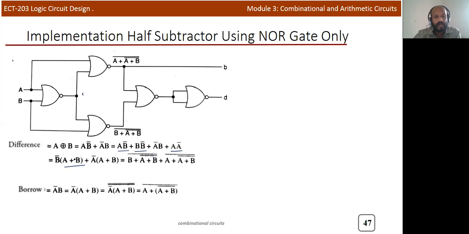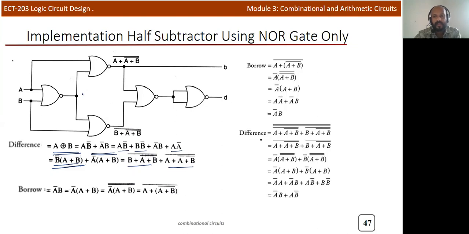So by using double negation, because in this particular case we need to apply double negation. Okay, here also you can apply double negation, and after expansion you will get NOR gate here, also NOR gate. Okay, the same thing you can try in the reverse order also by applying this particular rule. First you write the difference equation here, and from the difference equation you can go down.